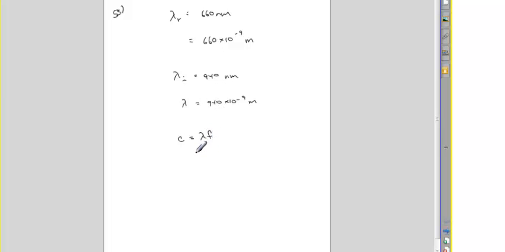Okay, so we can solve for whichever one we're interested in. C is always a constant for electromagnetic waves. C is equal to 3.00 times 10 to the 8th meters per second. And since I have meters here and meters per second there,